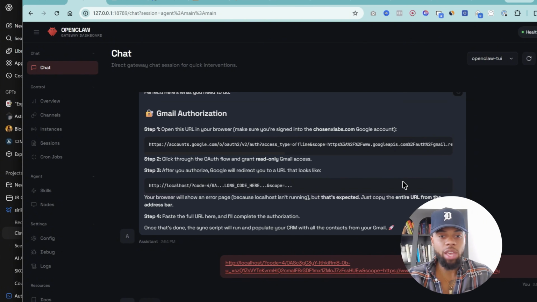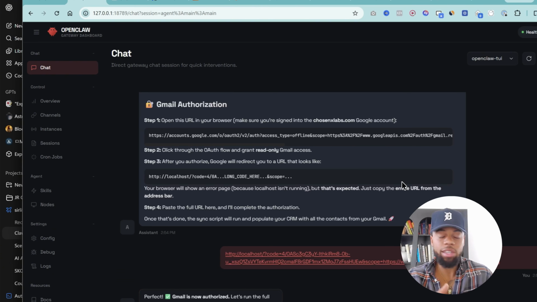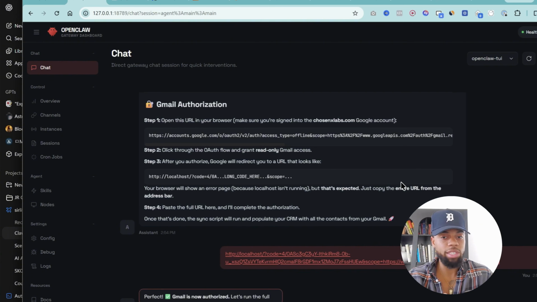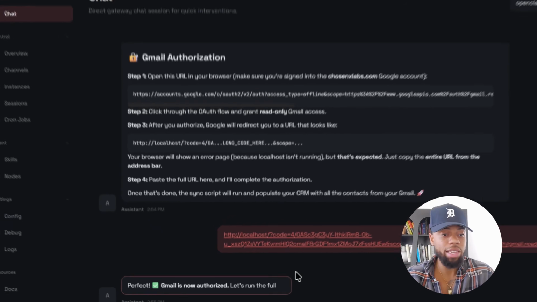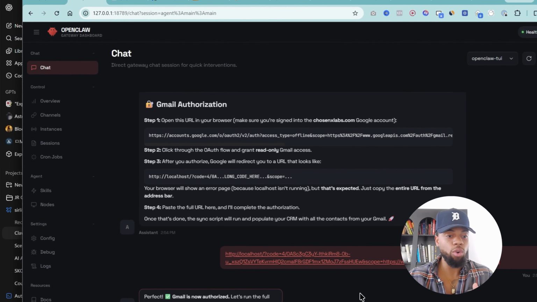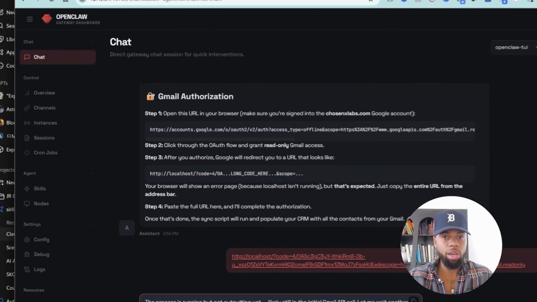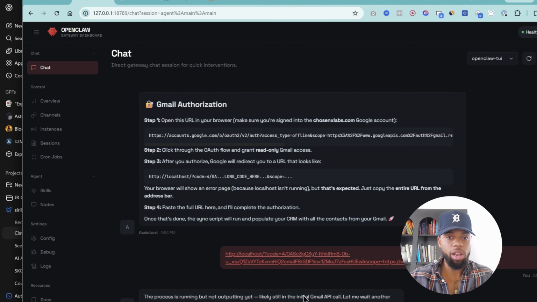So now we know for a fact we have our Gmail authorized in a safe way. It's not like our personal Gmail is attached, and it's only API access. It has no access to actually send emails or anything. All it can do is view all the emails that come in, which is perfect. And so now it's actually pulling the emails from my email account, and it's actually going to start incorporating everything